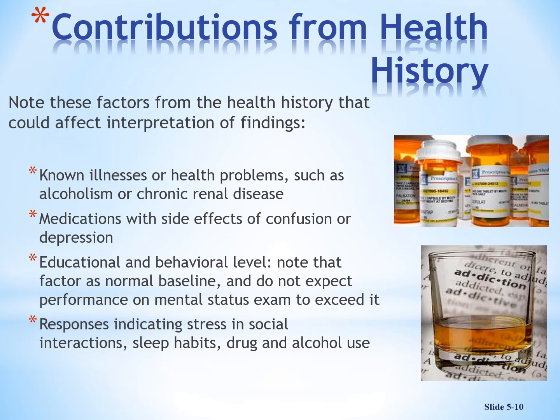So what are some things that generally contribute to a person's mental health status not being fully functioning? Well, if a person has an illness, that can affect it. If a person has, say, alcohol or substance abuse, that can affect it. Chronic illnesses such as maybe renal disease could cause a person to have, because of the toxicities, mental health disorders. People may be taking medication. We have lots of side effects from medication. That could cause confusion, that could cause depression, that could actually cause the patient to be completely unlike themselves.